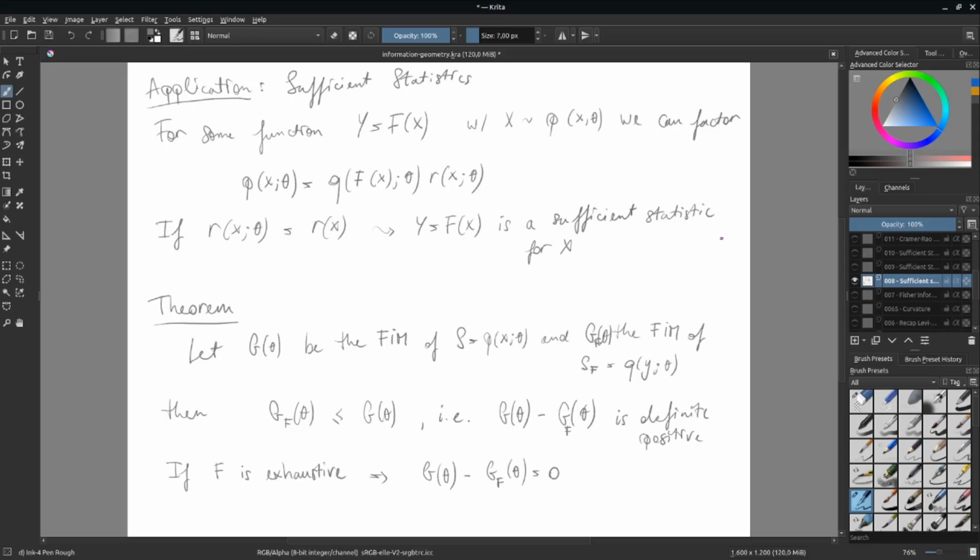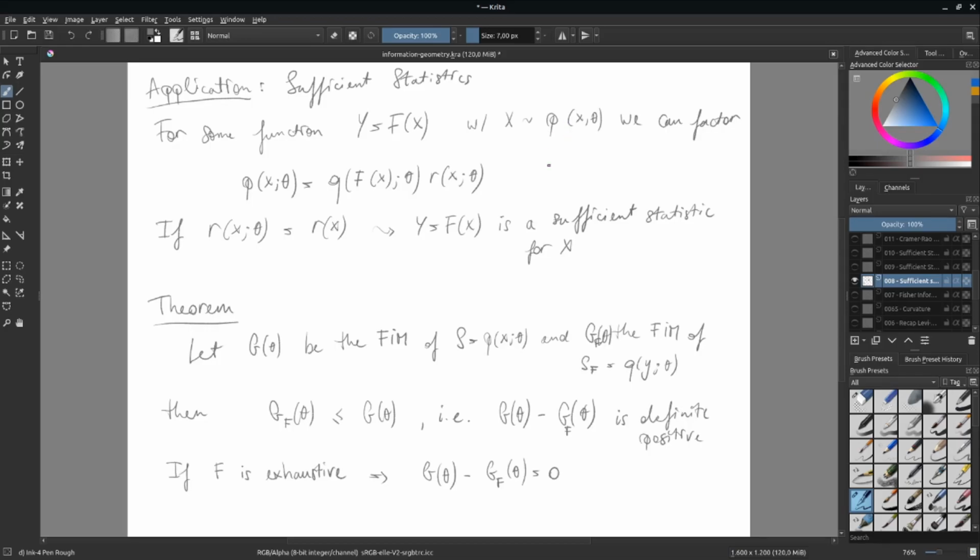I'm not sure how much you guys know about statistics and sufficient statistics, so this will be very light. One of the main goals of statistics is that you have a distribution and you'd like to be able to estimate the parameters. Let's say you have a sample and you'd like to find out maybe the mean and the variance of your normal distribution. To do that, there's a whole theory of statistics and what kind of function you need. For example, if we have some arbitrary function f of x, and we call the result of that y, which is a new random variable,